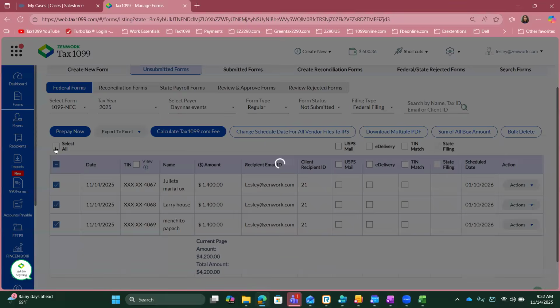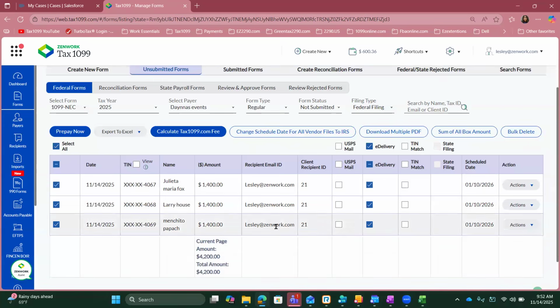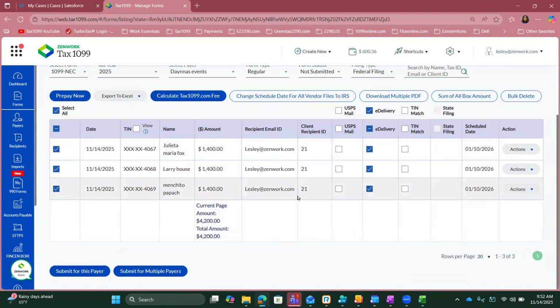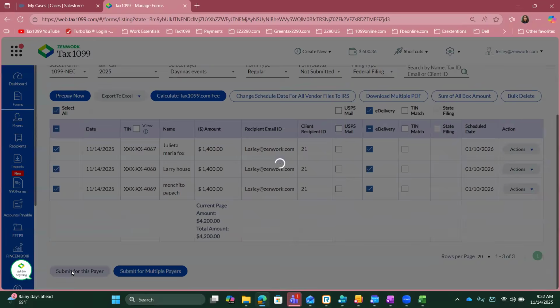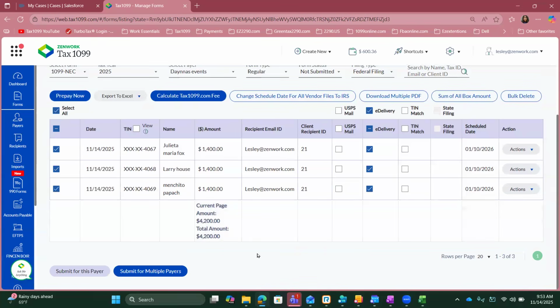So let me just select my forms. Let's do e-delivery since I've got my emails there. And whenever you're ready to file, you're going to submit for this payer. That'll take you to our final step,